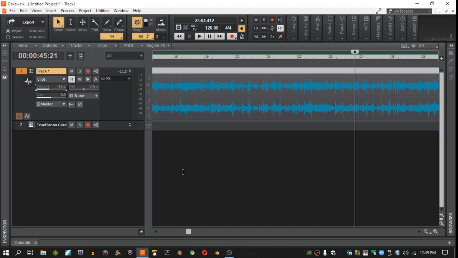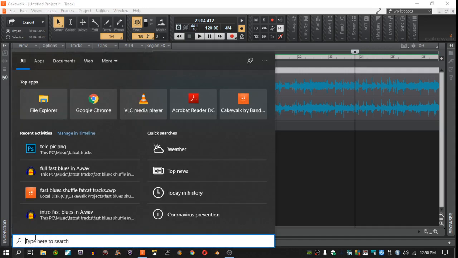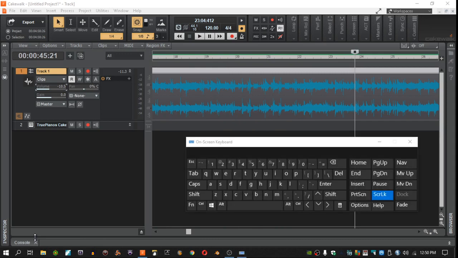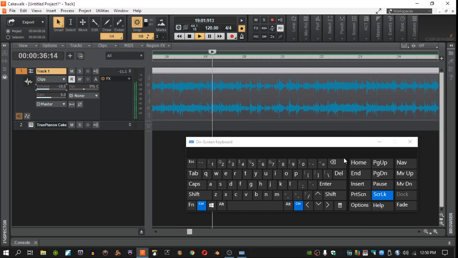Someone had the brilliant idea of just going to the on-screen keyboard, where you can get it from right here. You go down to the Cortana search window here and just type in OSK for on-screen keyboard. Just hit that, and it brings up your keyboard, and there you have it, a scroll lock button right there, and it'll work just fine. Stops there, but if I turn it off,